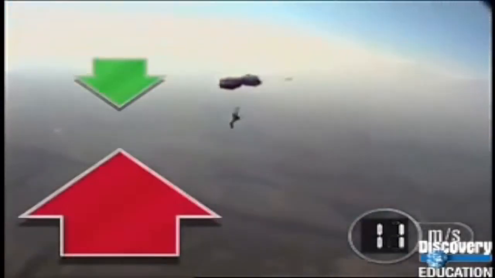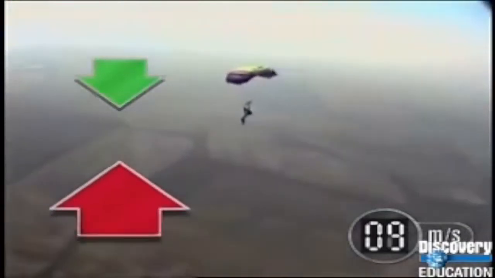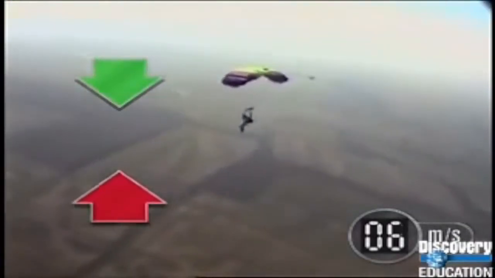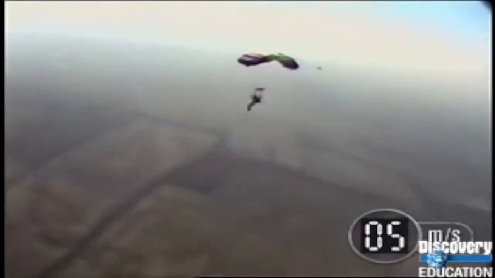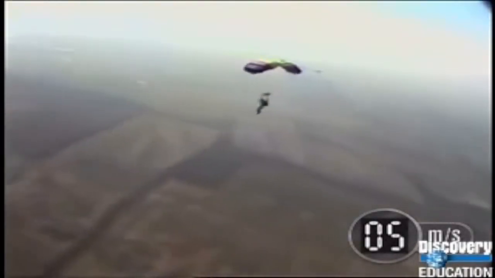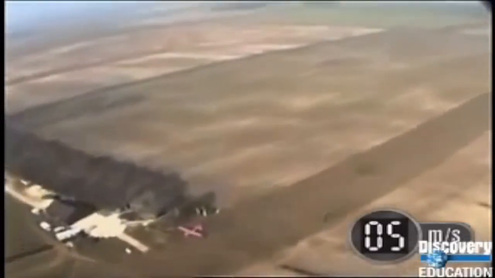The speed drastically changes and goes down to 12, 11, 10, 9, 8, 7, 6, and 5. Because she's slowing down, air resistance decreases until it balances gravity again. Now she reaches a much slower constant speed, safe for landing. So the skydiver now falls slowly at this new terminal velocity. Approaching the ground at 5 meters per second is a much better idea,